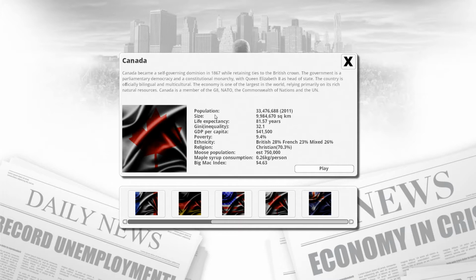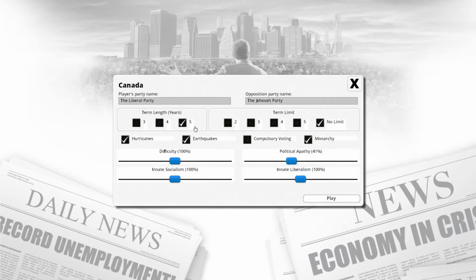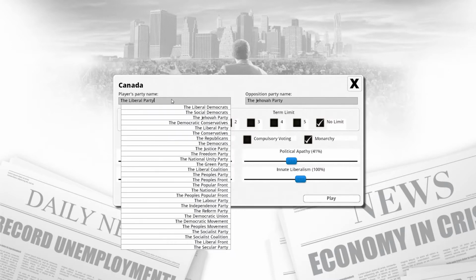If this is your first time playing, what I'd recommend is you choose a country that has opposing views to what you normally hold, because then you'll make some pretty interesting decisions throughout the game. It's fairly accurate. Then we can change our party name to the